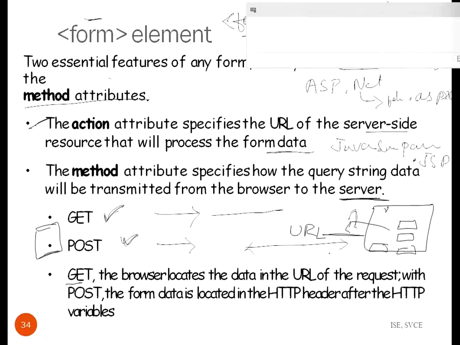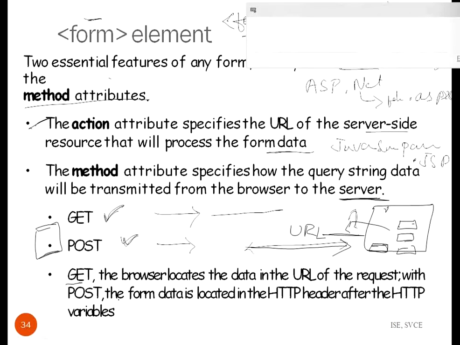When you click on submit, the complete data you entered is carried through the URL, and that data can be seen. Even the username and password will be visible. I will show you one example for that.